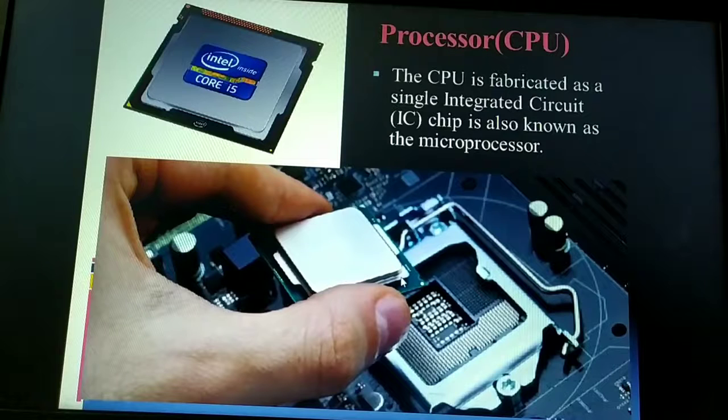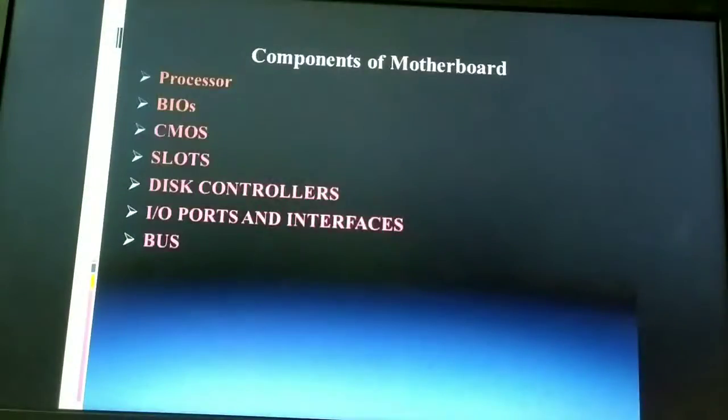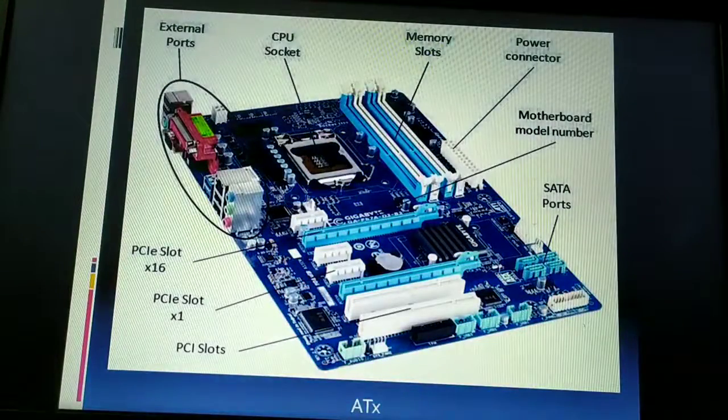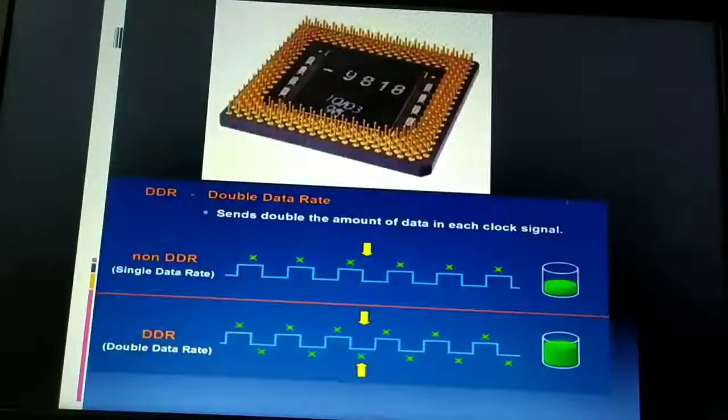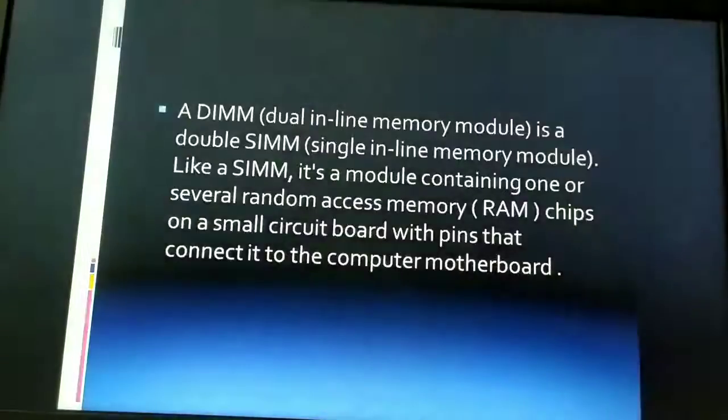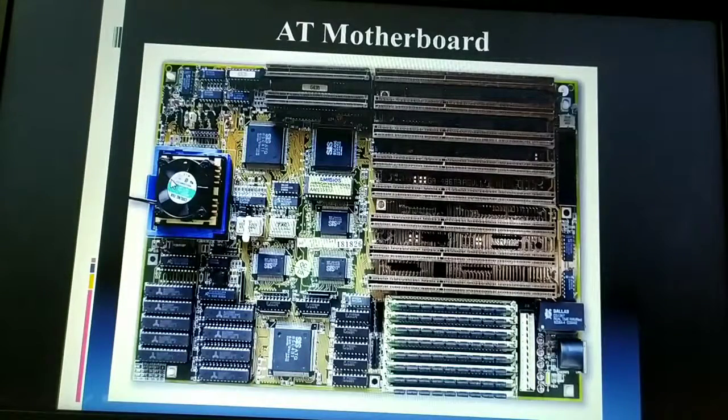Usually it can be identified as a heat sink or a fan is located on top of it. I think on one of the motherboards I have shown you, the fan is located on the processor socket. Yeah, here you can see. So on your motherboard, the CPU, the processor, can be identified by the heat sink or fan located on top of it. Now this is nothing but the processor socket.